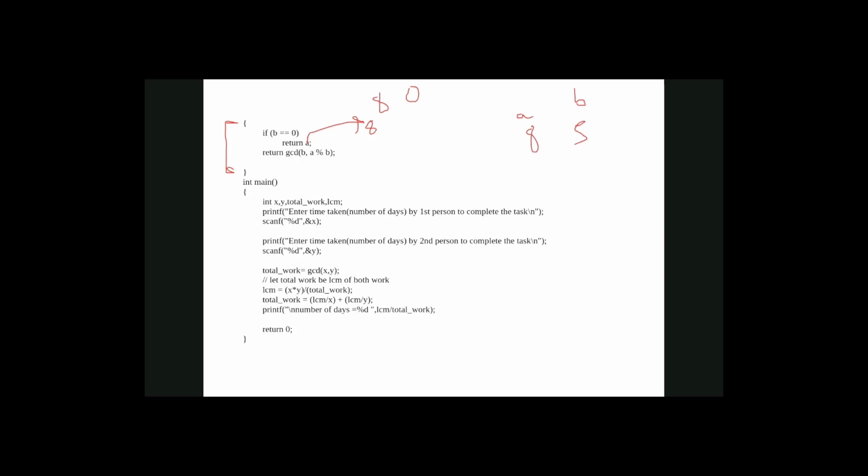What I want to tell you here is, see this line. In this line, what am I doing? I'm using GCD again. You can see I am using GCD again, yes or no?